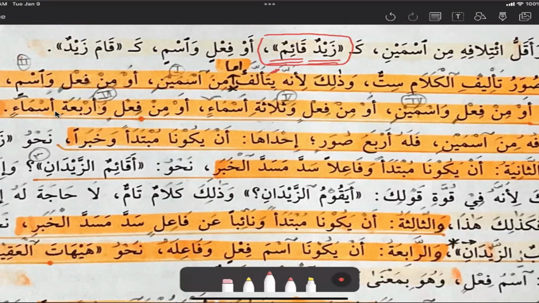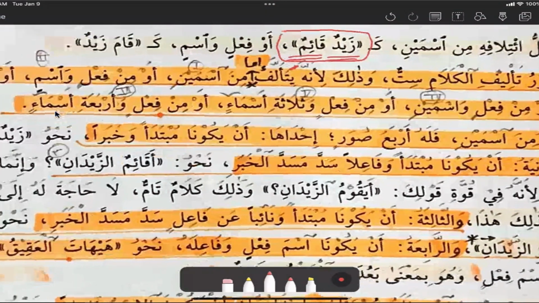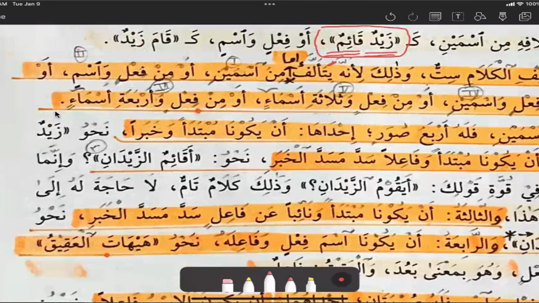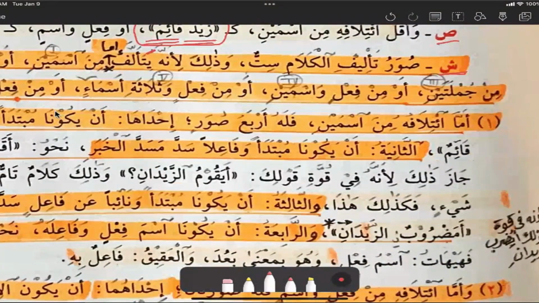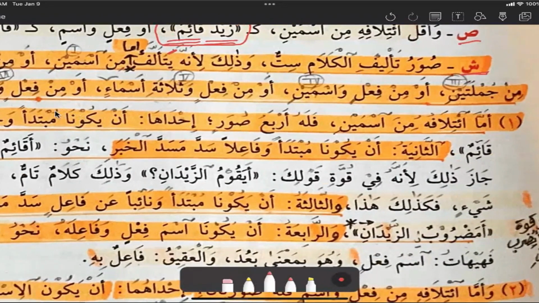And that's because speech would be composed either of two nominals, or of a verb and a nominal, or of two sentences, or two clauses, if you want to try to match that to English grammar, or two clauses,